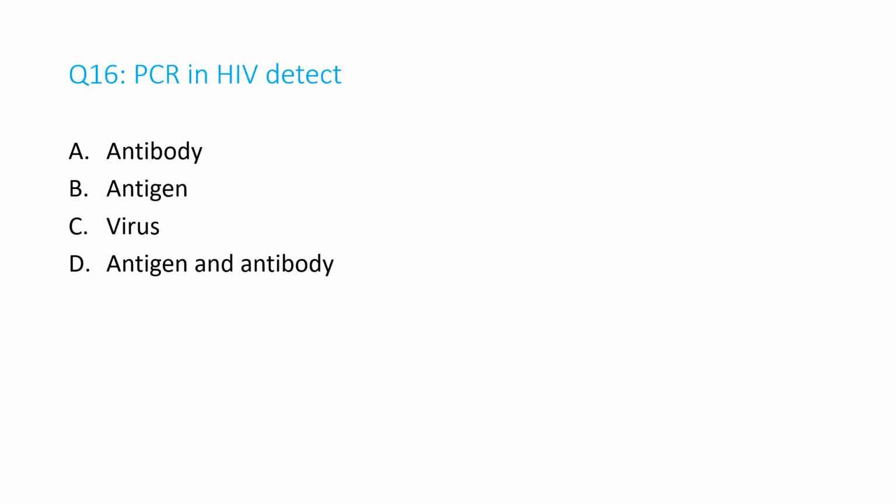Question number 16. PCR in HIV detects A. Antibody, B. Antigen, C. Virus, D. Antigen and antibody. And the answer is